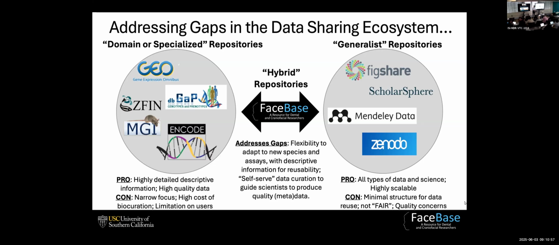One is the generalist, and the other is more domain-specialized, such as GEO and dbGaP, and also ZFIN and Mouse Genome Informatics, versus the more general model such as Figshare that many of us use. And FaceBase itself has the flexibility to adapt to new species and also assays with descriptive information for reusability.